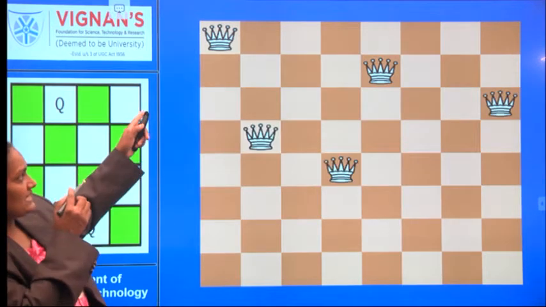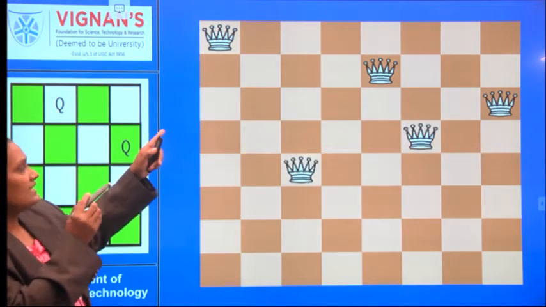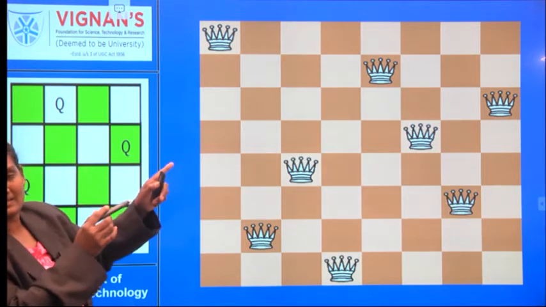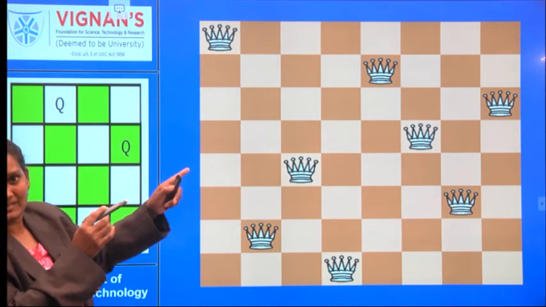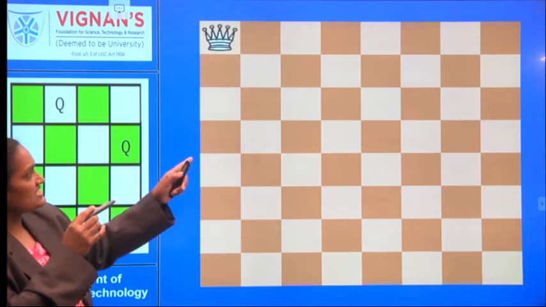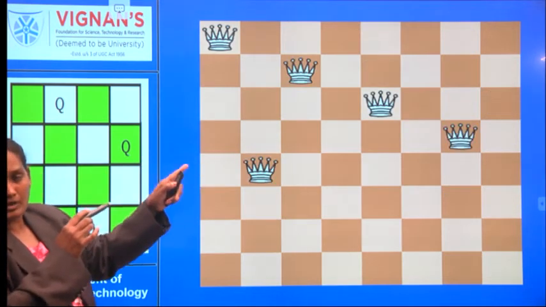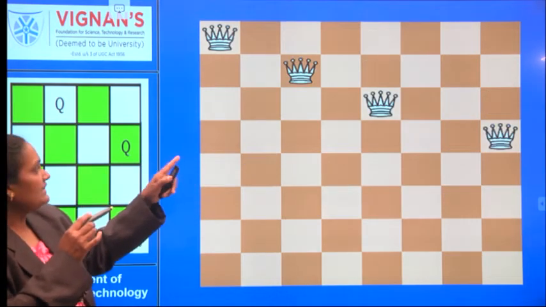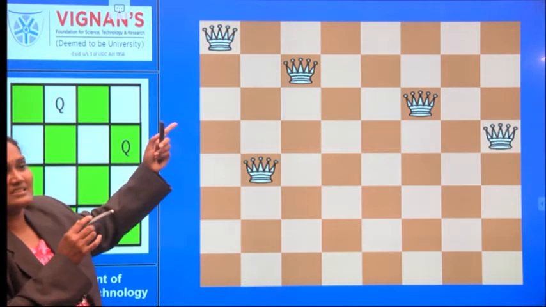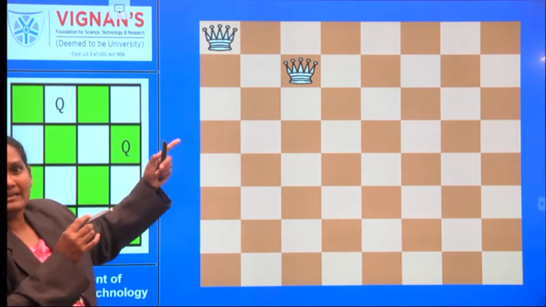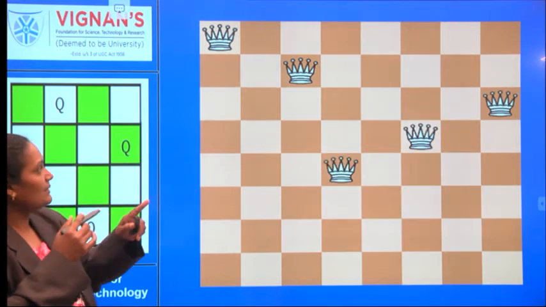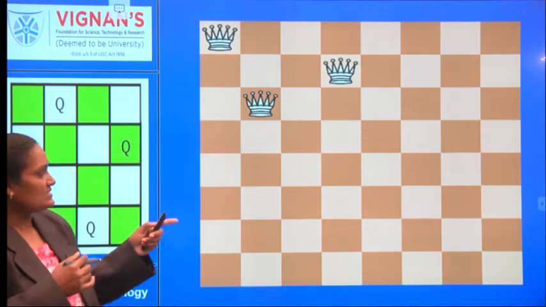First the first queen is placed, next the second queen is placed. Is there any position for placing the third queen? It is checking. If it finds any position, it places that queen. If it does not find a position, it goes for rearranging the position of the second queen and then places the third queen. Like that, the backtracking process continues.